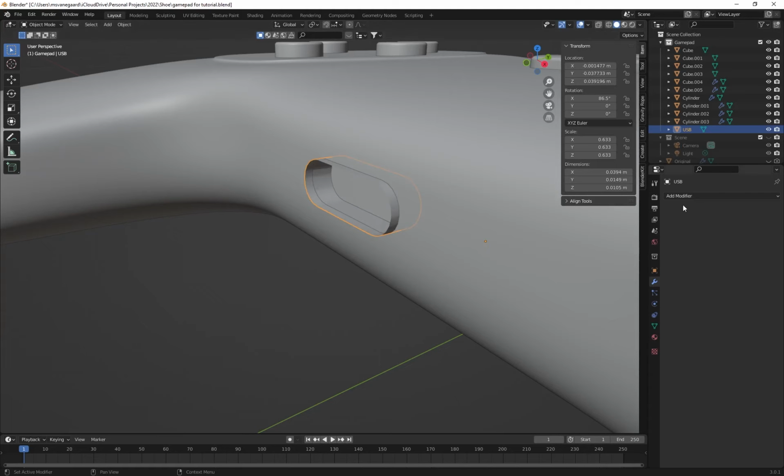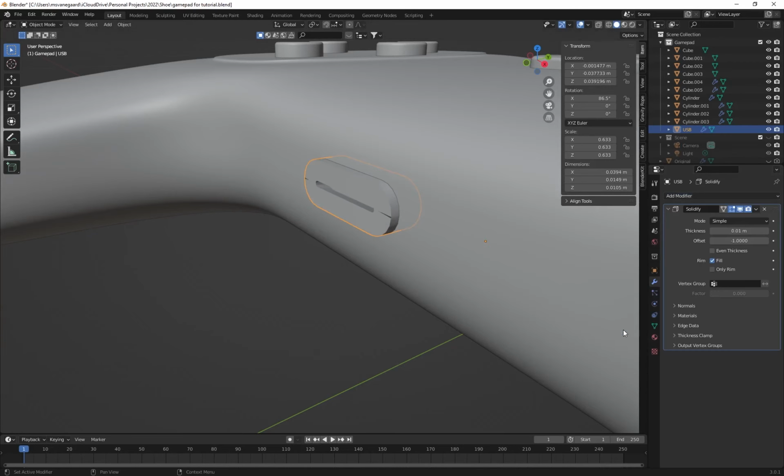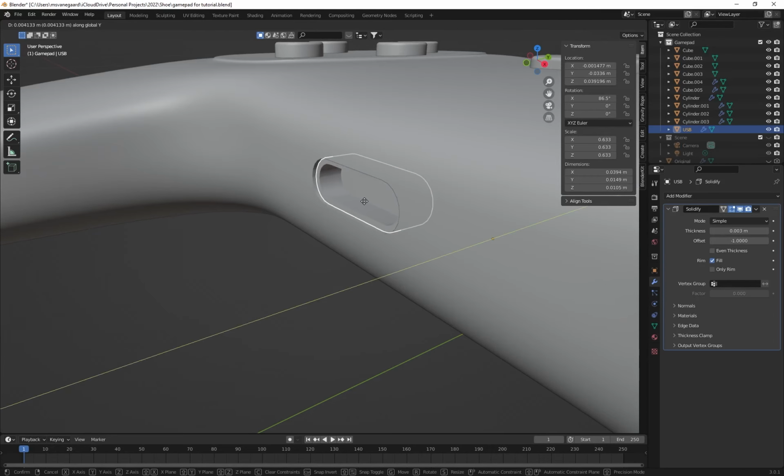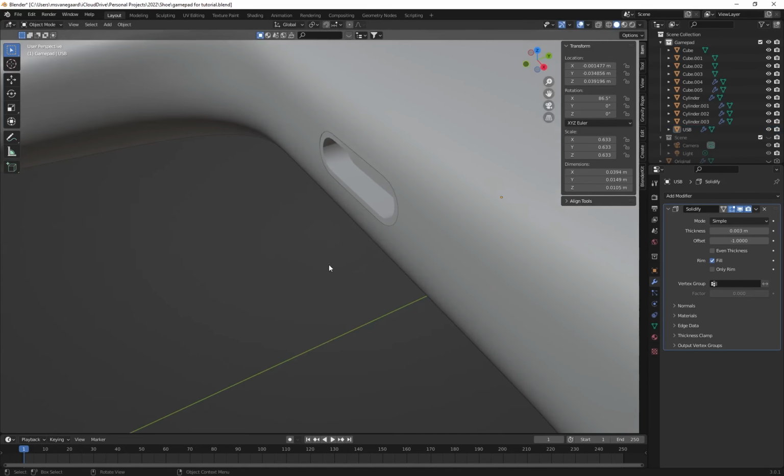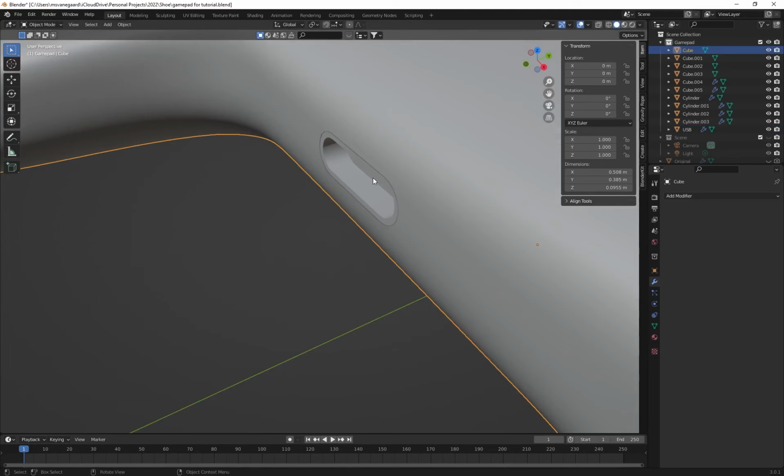If I go out of this one and add a solidify modifier to this stack, and maybe use 0.03 instead of 0.1, for instance, I get quite a decent result, and then fill, and then I can actually grab this and move it along the Y, and there you actually have your USB part, which would enable you to,